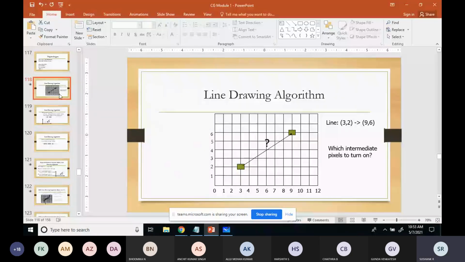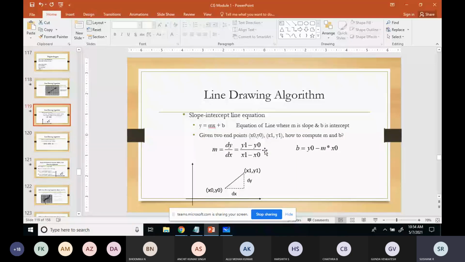Any doubts whether you're able to get the working of this problem? So I'll just show this. See how the line will be plotted. This was the starting point 3, 2, and this was the ending point. In between these two, each pixel will be calculated. That is how the line drawing algorithm will work. It will calculate the nearest pixel position between the starting point and ending point of the line. The formula for this is m, given by difference in y by difference in x, that is (y1 minus y0) by (x1 minus x0), and the intercept is c equal to y0 minus m into x0.